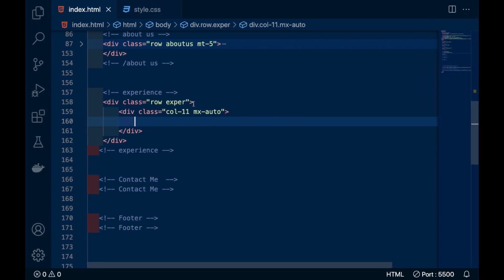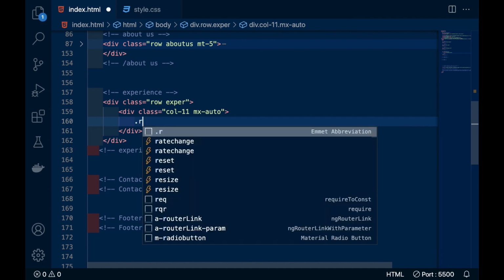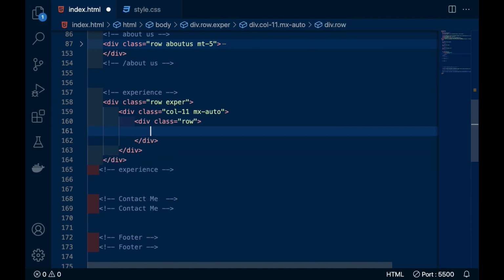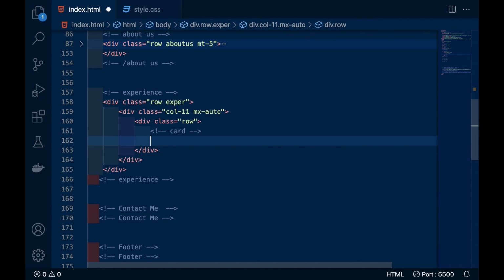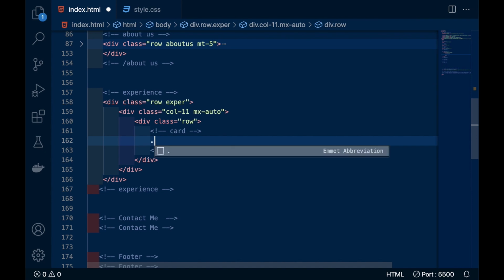Inside this I will take another row, and here I will write a comment, card, and then the column of md-4.